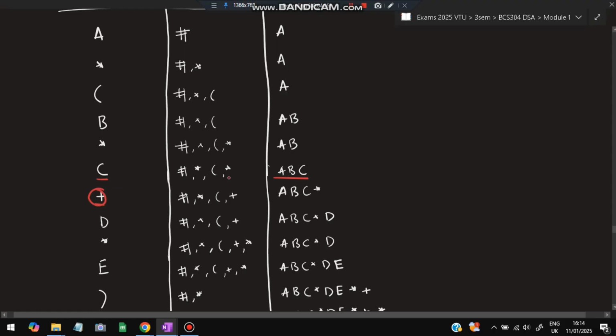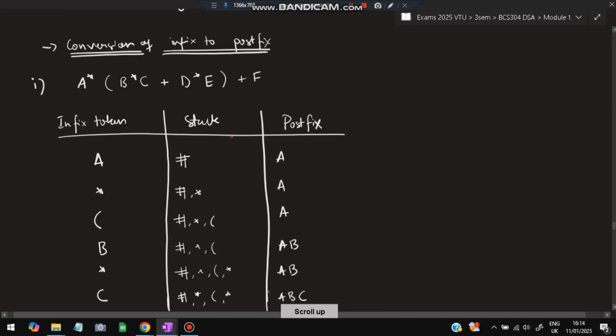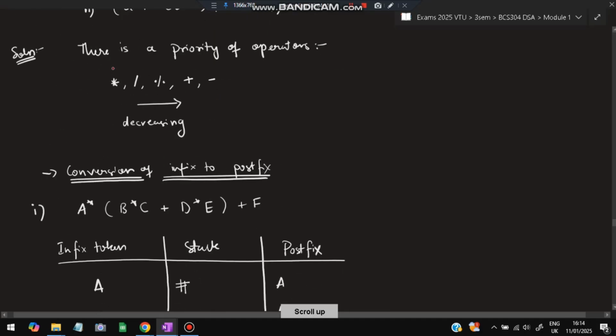Plus has come here, and the top of the stack is multiplication. Multiplication is a different group, and plus is a different group. The multiplication group is the higher group and this is the lower group, because of decreasing priority. The higher group has multiplication and division, and the lower group has plus and minus. Whenever a lower group comes and a higher group is already there,